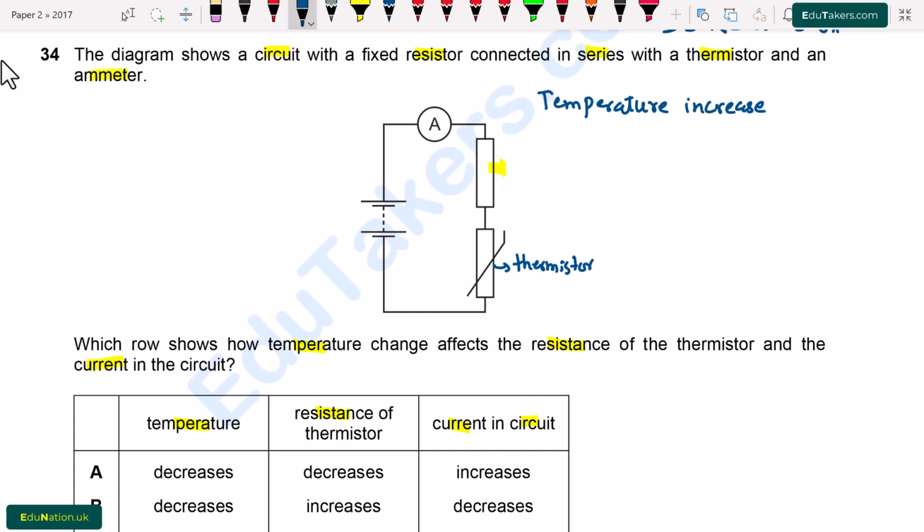By increasing the temperature, the resistance of the thermistor decreases, because the thermistor shows the negative temperature coefficient. When the resistance of the thermistor decreases, thermistor and fixed resistor, both of these connected in series, the overall total resistance of the circuit decreases. When the total resistance decreases, then the current in the circuit increases. So current will increase. On the other hand, when temperature decreases,